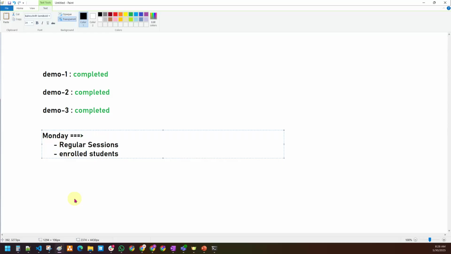You can also check your chat boxes, where your admins are already pasting their email ID or phone number. Please connect with them, try to ping them, and complete the registrations, because the regular sessions are only for enrolled candidates.